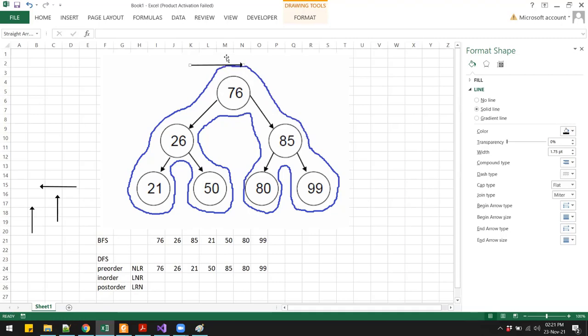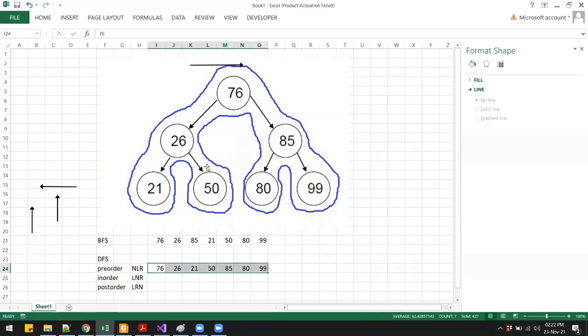So you will start from the top of the tree, go around the tree following the line, and whichever number comes at the front of your arrow or your pen, you will print that number, and you will keep on doing that until you return to the starting position. So at this point, you will see that these are the numbers that we have got using the pre-order traversal.